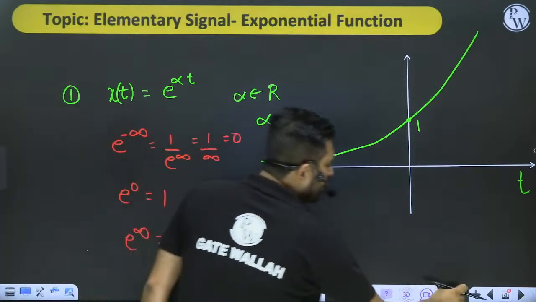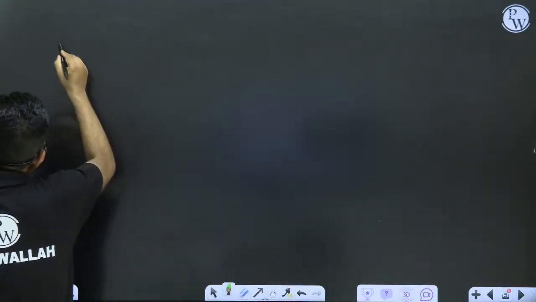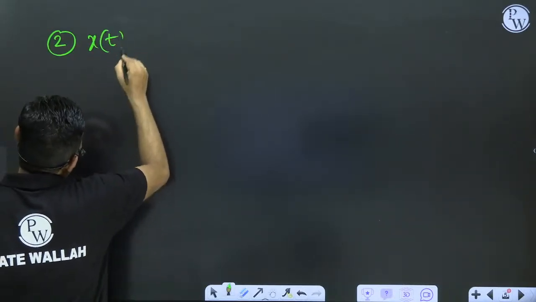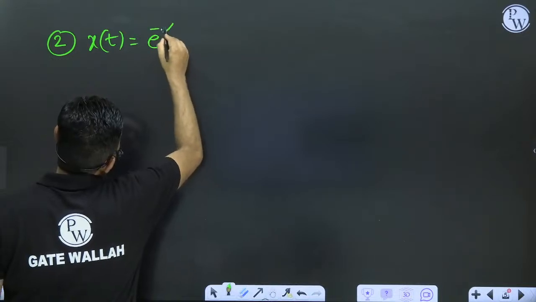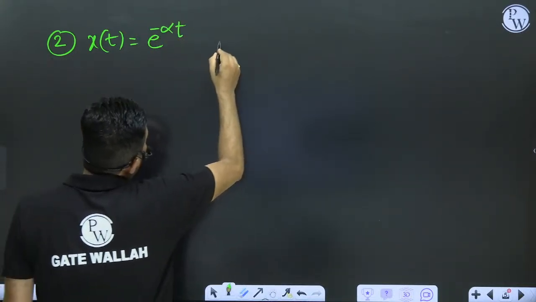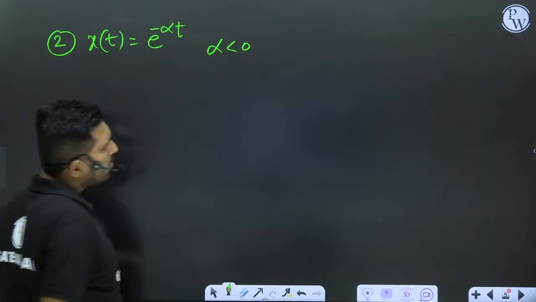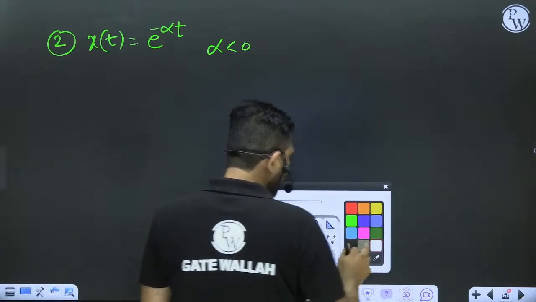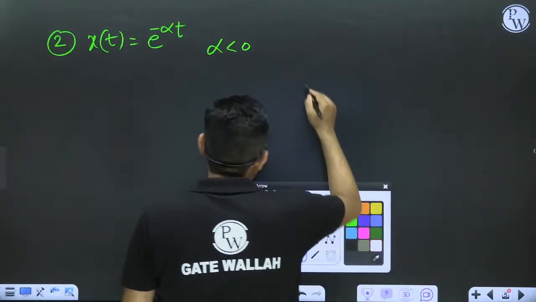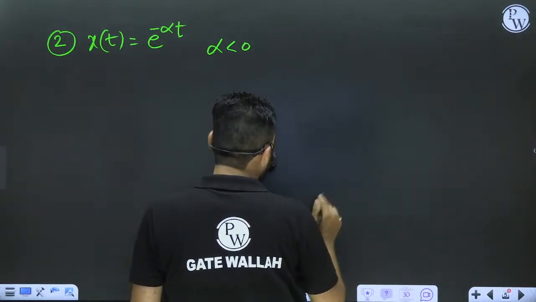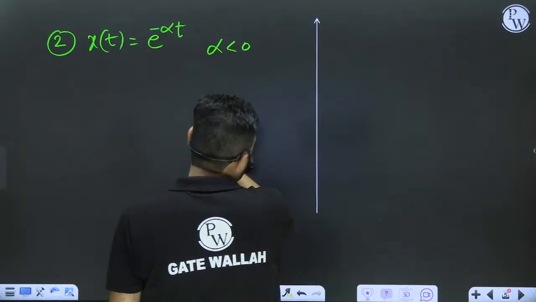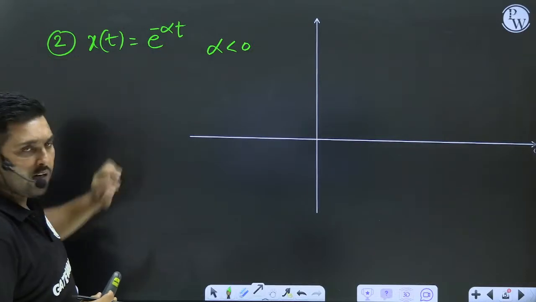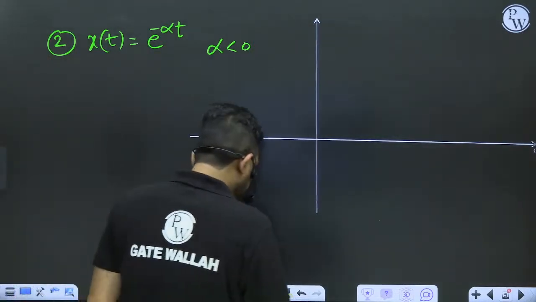Let's take another one. Suppose I am taking a second one, x of t equal to e to the power minus alpha t. What I'm saying is that alpha is now less than 0. If alpha is less than 0, then how will you plot this function? See, when you put minus infinity here,